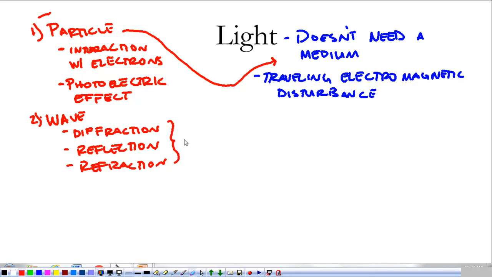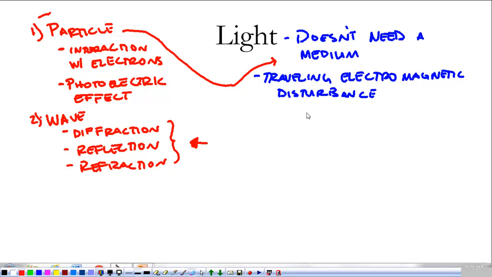We also see light interfere. And that's really what diffraction is all about, the interference of light. But it acts like a wave. So, for us, this is how we're looking at light, as a wave. It's both things, two things at once. It's a weird quantum thing, and if you want to get into that, it may not be a discussion we have in class, but it's certainly one that we can have.